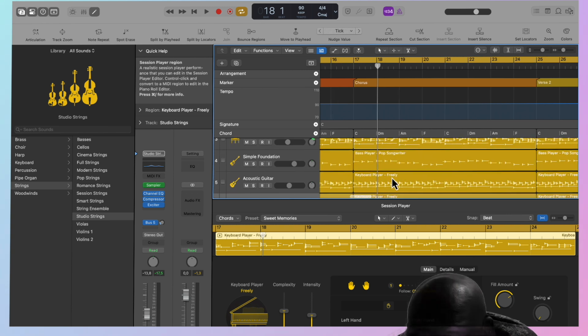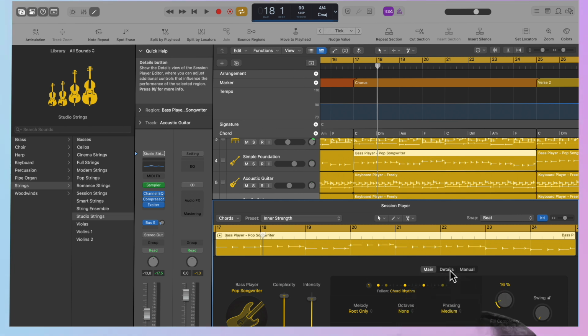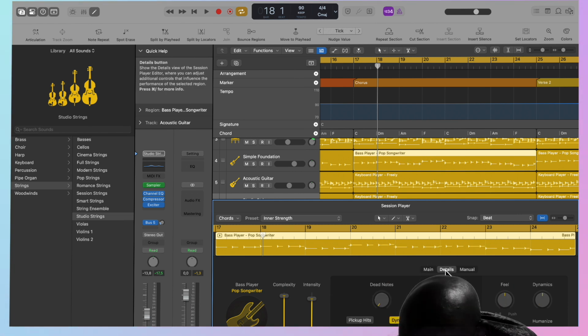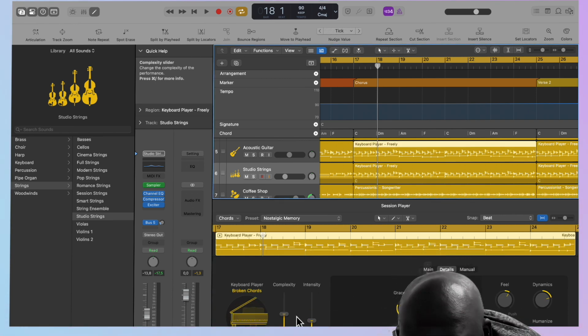I think you are fine. Yeah, the bass, I can increase complexity and intensity. Add some fills at this time. You get it? Yeah, I could slide as well. Give me some dynamics. Nice feel. Let's just see what happens to the bass as well. The acoustic guitar,